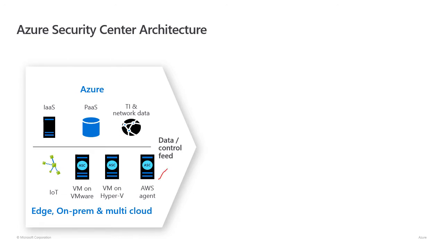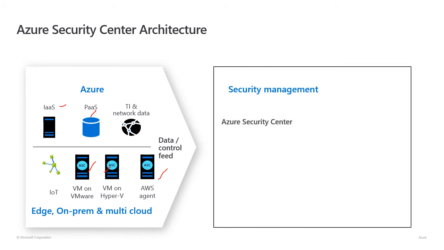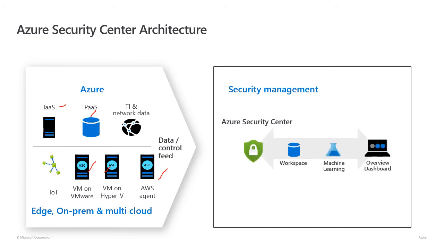It's on AWS, it's on Hyper-V, it's on VMware on-prem, it's on IaaS, PaaS on Azure, and even on third-party clouds. What Security Center does is that it takes a look at all of these components via agents or via reading of the logs, and then gives you an overview dashboard of your security posture across all of these platforms